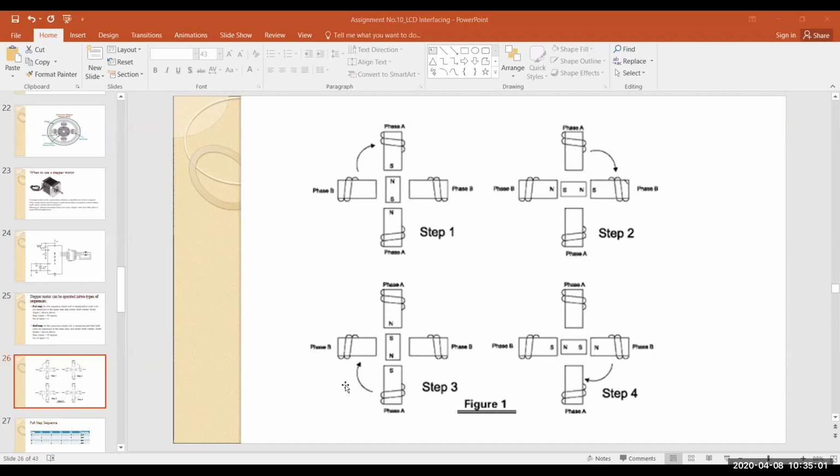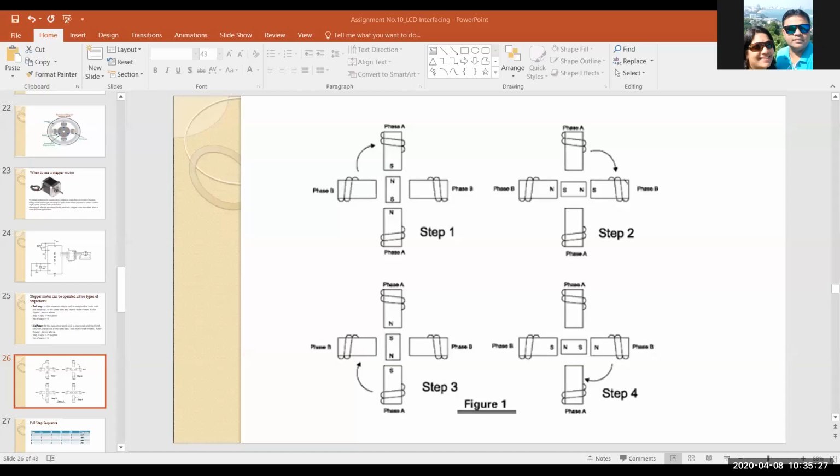That is getting attracted in the case of phase A and phase B: the stators have the south pole in that direction, so the north pole is equally attracted by the south pole of phase A and the south pole of phase B. So this is the case.